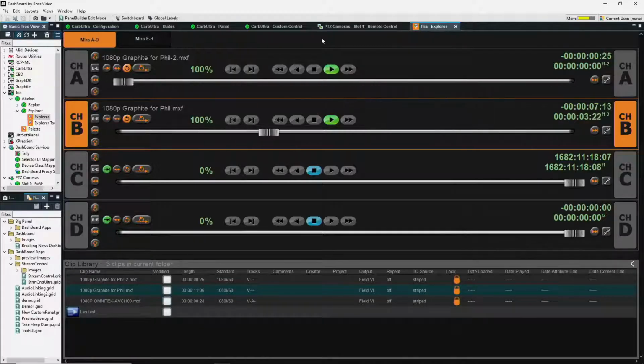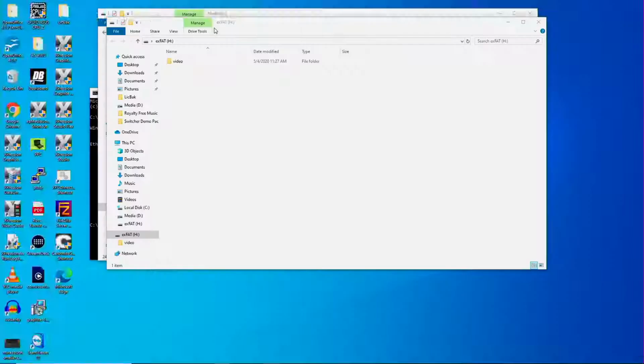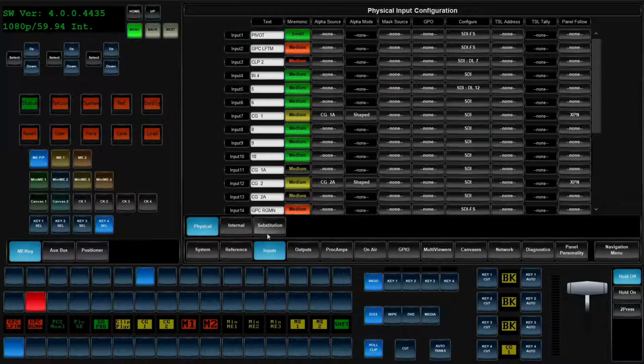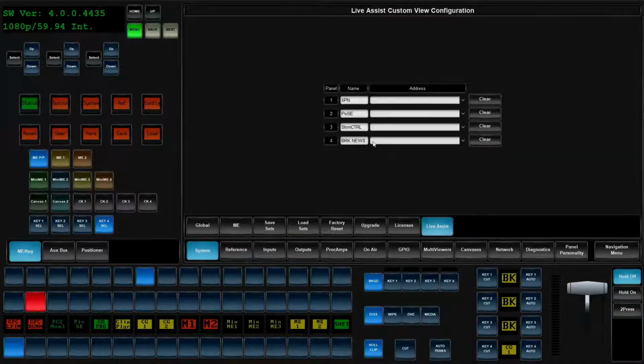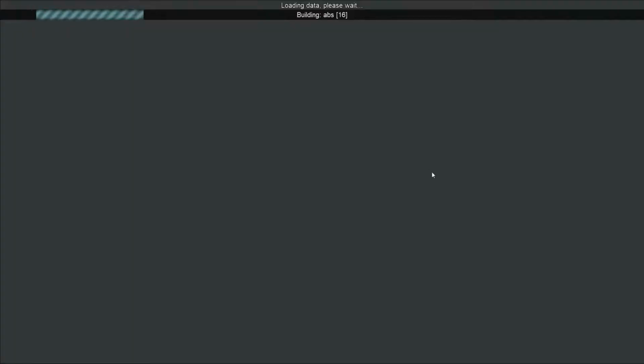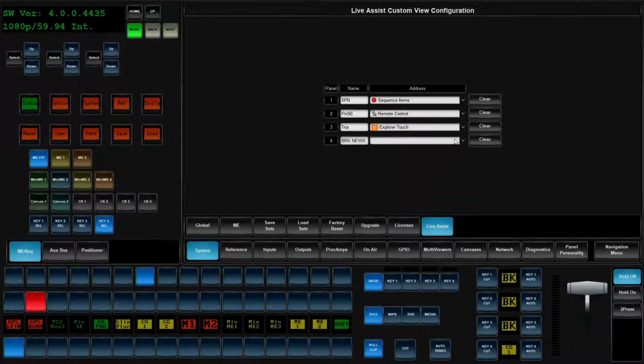Let's go ahead and let's tie this into our Carbonite Ultra switcher. In that same way that we set up our other devices, we're going to go into our configuration. We're going to go to Live Assist. I'm going to go ahead and I am going to put Tria. And now we're going to go ahead and we're going to add our Tria control. And what you'll notice is in Tria, we have an extra Explorer Touch. So Explorer Touch was added so that it fits into this screen a lot cleaner and gets you 2 channels